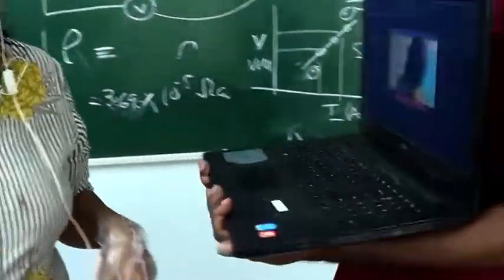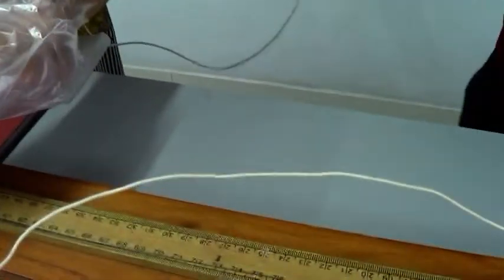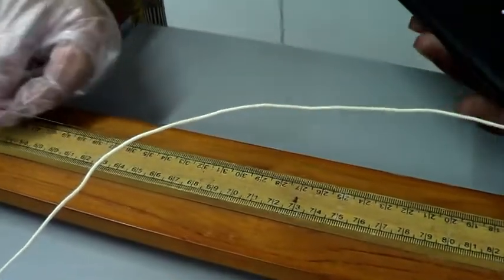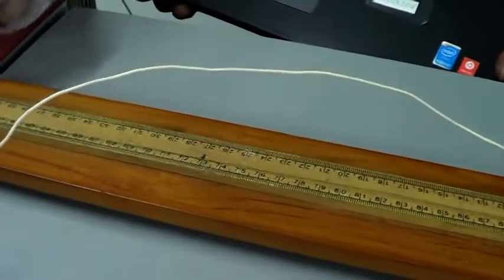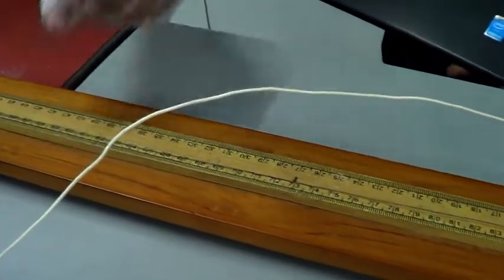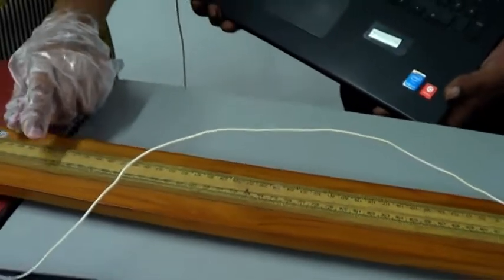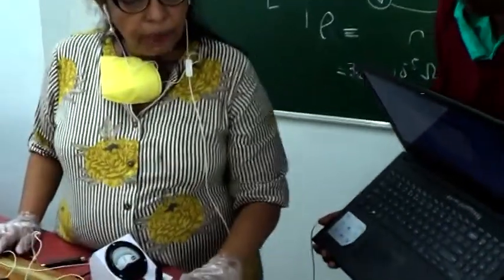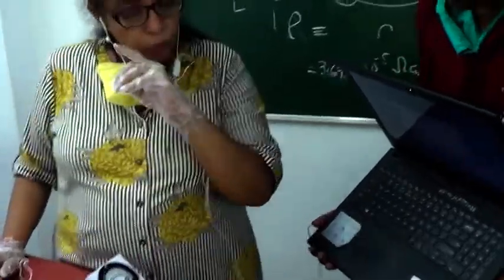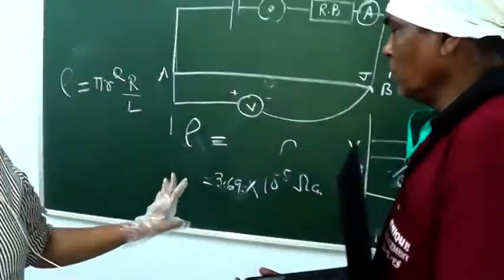The wire which you are using here is a constantan wire, and you are calculating the resistivity of this wire. The same sample, the coil resistance, the same wire has been given, and you are calculating the resistance. So this is 3.69, you will find it goes up to 4.2. The value is within the range.